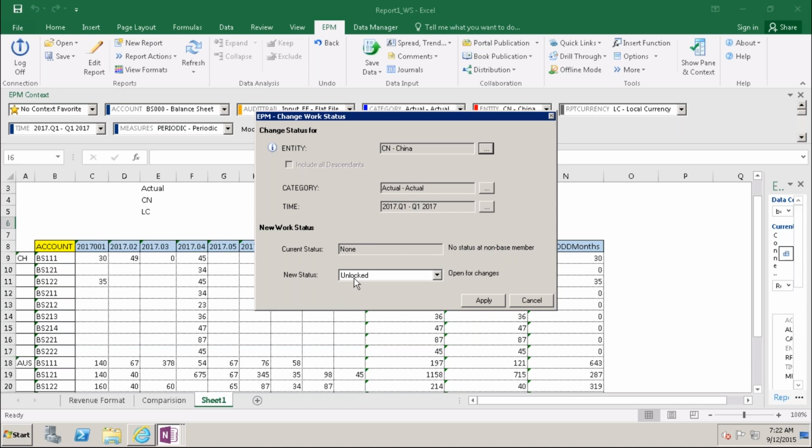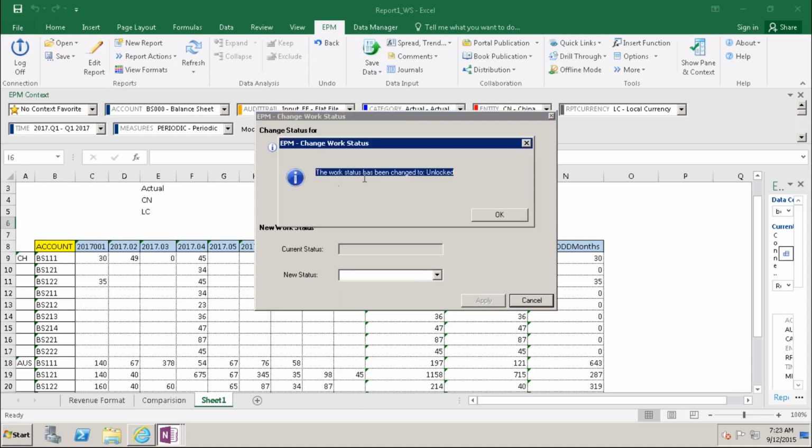So the new status he got is only unlocked. There is no submit also. Here only unlocked status. That means this user can change the work status only to unlocked.